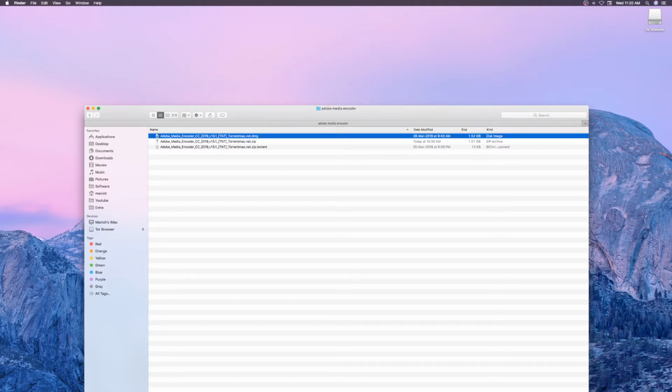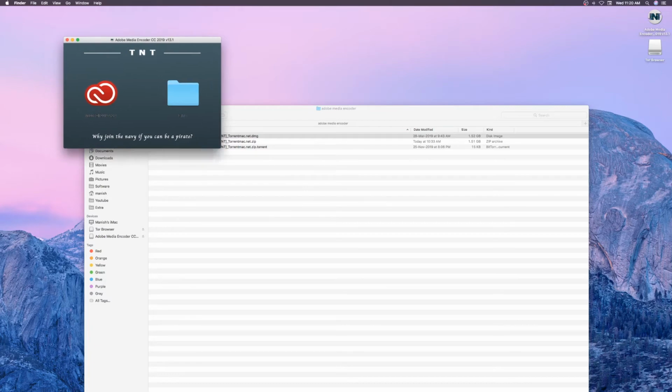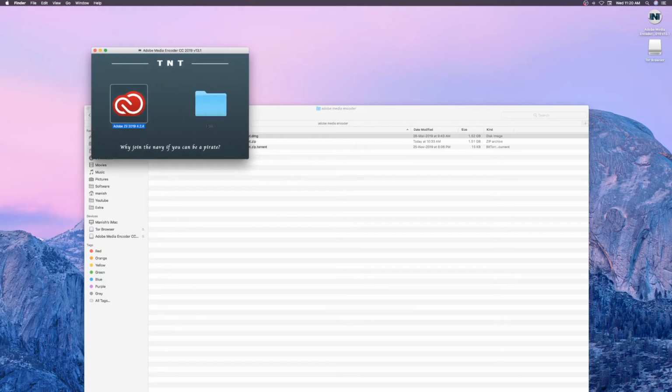So yeah, now as you can see, the DMG file has been downloaded. What you have to do is just double click on this file and it will open up. It will take some time. Okay, it is opening up. Sometimes the file will be encrypted because this is using torrent, so that's why. Okay, as you can see, Adobe Media Encoder CC 2019. So what you have to do is